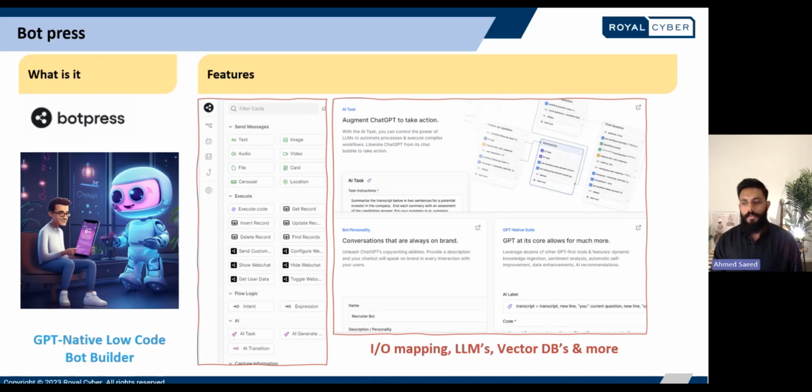BotPress is a conversational chatbot, so it enables rapid creation of AI-powered chatbots through a user-friendly visual editor, just like Stack AI, making chatbot building accessible to both tech-savvy and non-technical audiences, right? So some of the features, as demonstrated here, is that it has a really rich suite of integrations that can be pulled in.